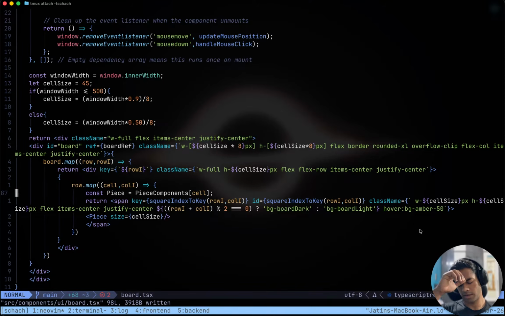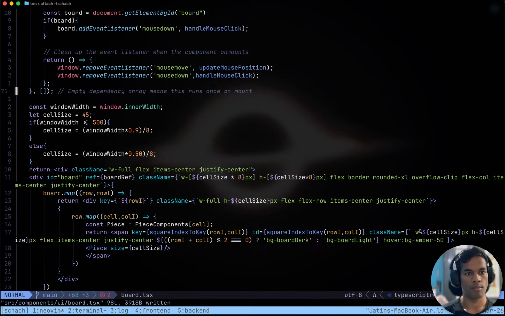We will add an event listener to mouse down, and there before we run any logic, we have to know were we in a draggable state, right? That is the first thing. And then second, if we were in a dragging state, then what is the current square right now, like which place we are at right now. And to get the target square, then we can validate the move right there. And if the move is cool, if we can make this move, then we will update the move on the board and also send the request to the back. That would be cool.